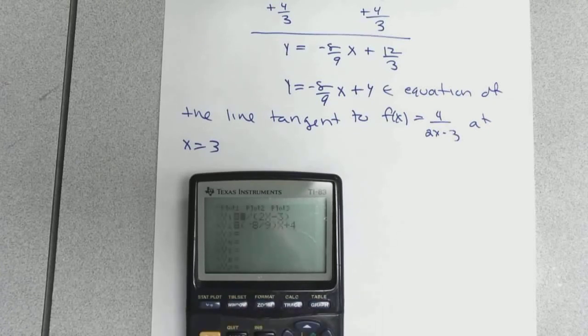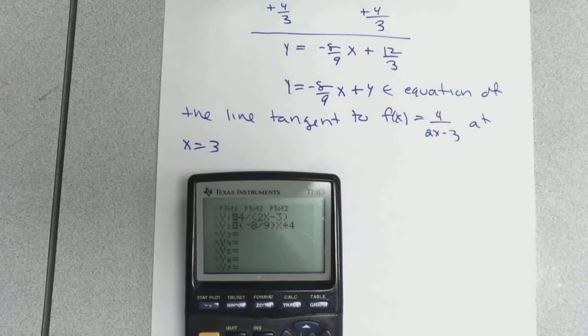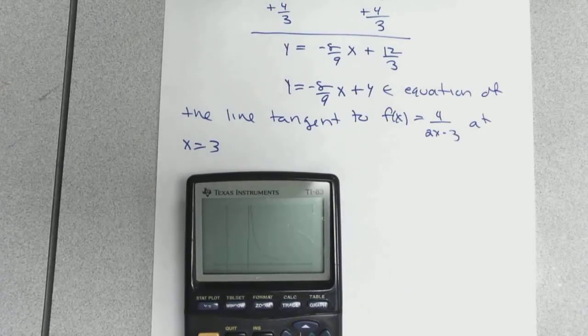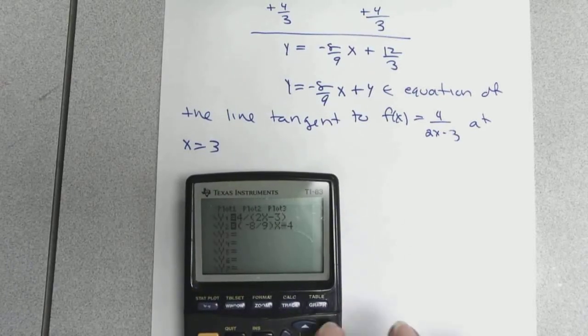So I'm going to change this. I'm going to just make one tiny little error. I'm going to make this -4, and then graph that. And there's my graph again. And this time, I don't see any tangent line. And go back to x equal 3 again. There's x equal 3. There's the point, and there's not a tangent line there. So that's clearly wrong, as opposed to what looked possibly right,